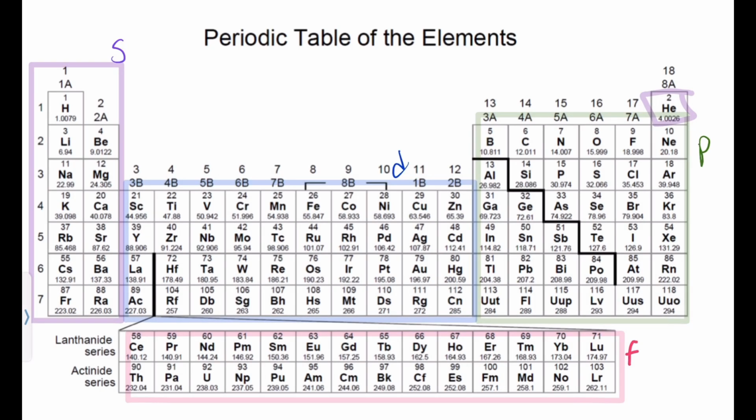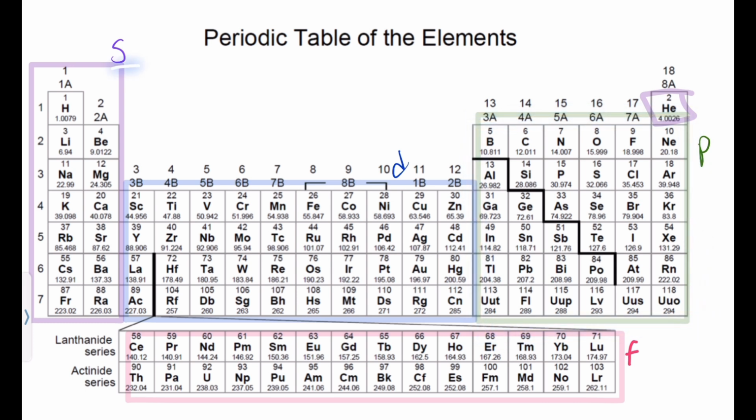The periodic table is split into 4 different sections. Groups 1 and 2 plus helium are considered the S block. Groups 13 to 18 without the helium are the P block, which represent the p orbital, and the S block